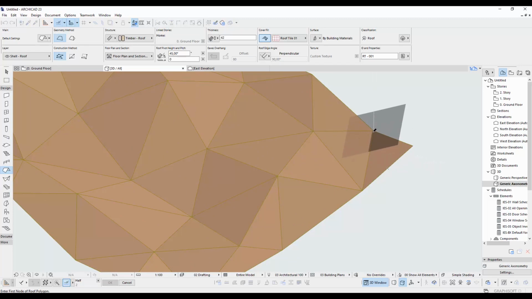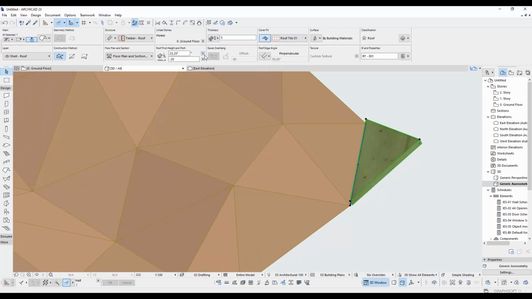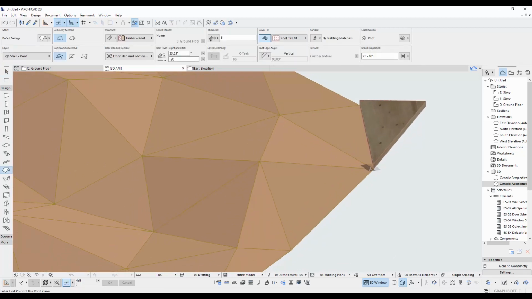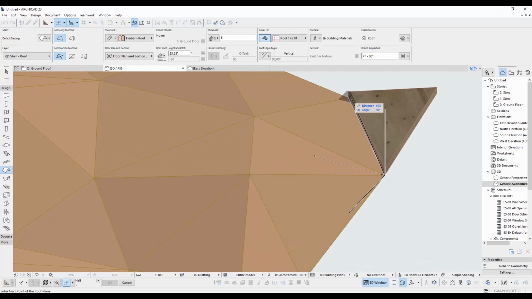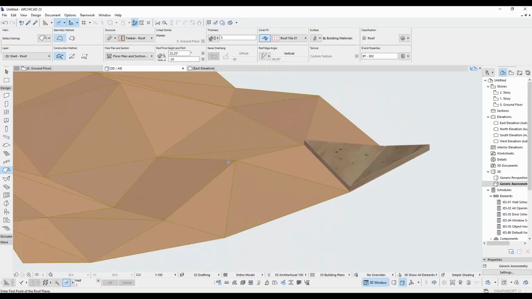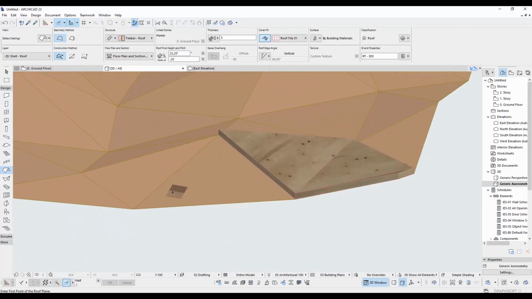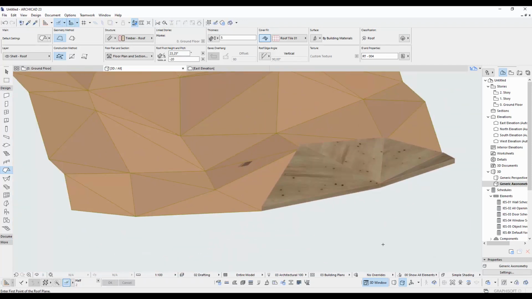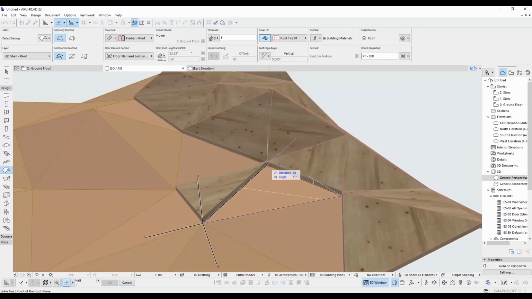First step is creating a triangle for the working plane. I'm just gonna click the corners of the mesh triangle. Once we did that, I change the thickness and change the edge type to vertical. It seems like it was a very long process, but doing so, we will make our job much easier. We are going to use Roof Wizard after this.